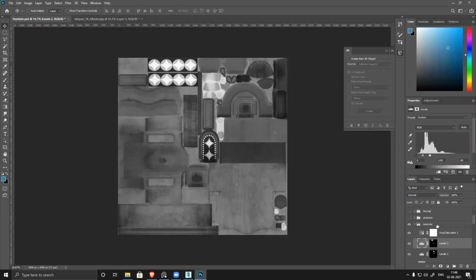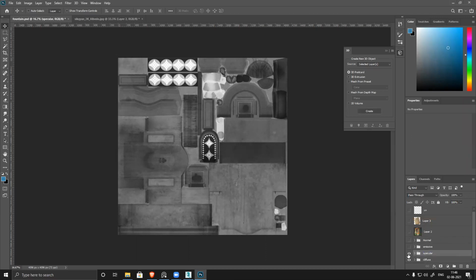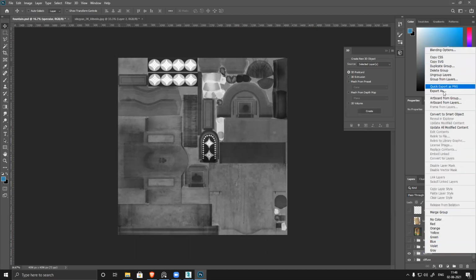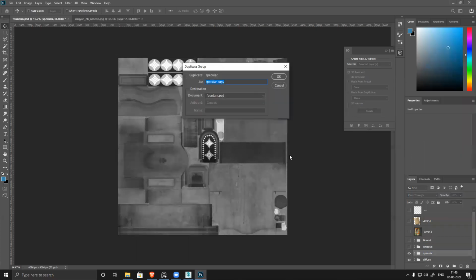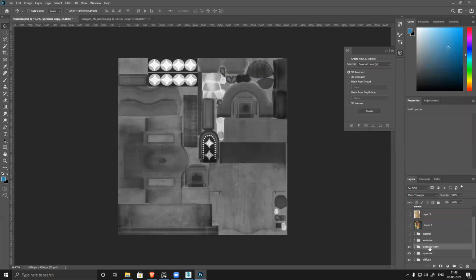But if I want to create a roughness, I'll name it simply, duplicate this one. Let's duplicate both. I name it as roughness. And this time, first thing first, I'll just make it matte.